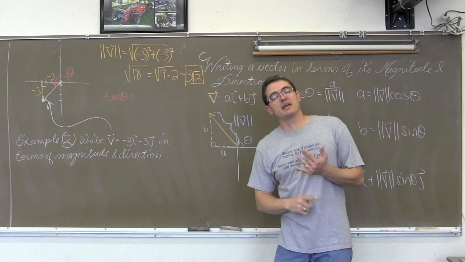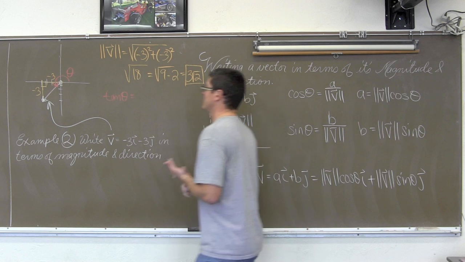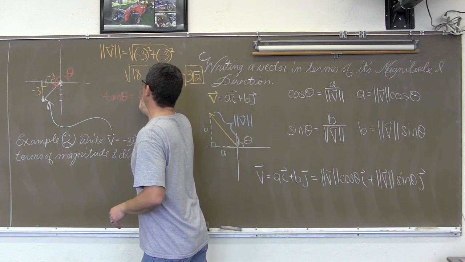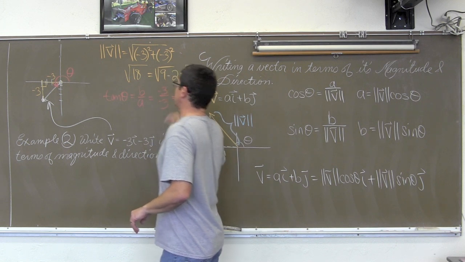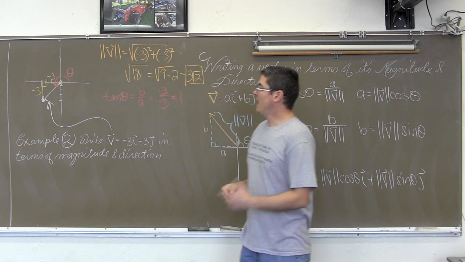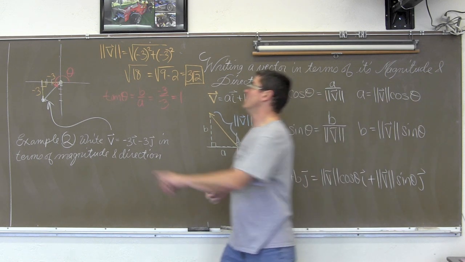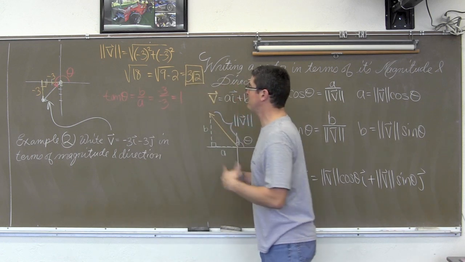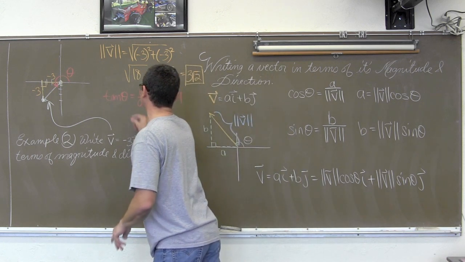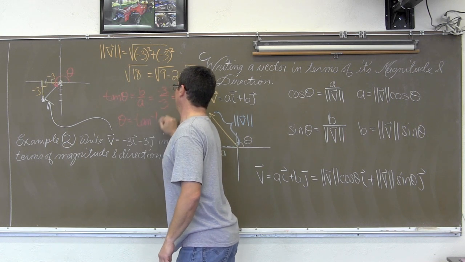And since b is again our vertical component and a is again our horizontal component, the tangent of theta is again going to be b over a, or negative 3 over negative 3, and in this case that's equal to 1. Now you should know that that's going to be 225 degrees, or 1, 2, 3, 4, 5 pi over 4, but in case you're still using your calculator for this, inverse tangent of 1